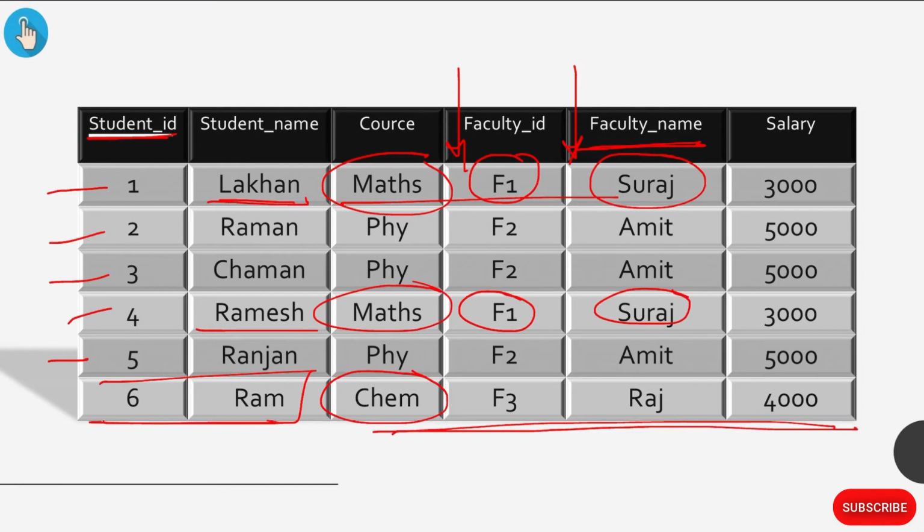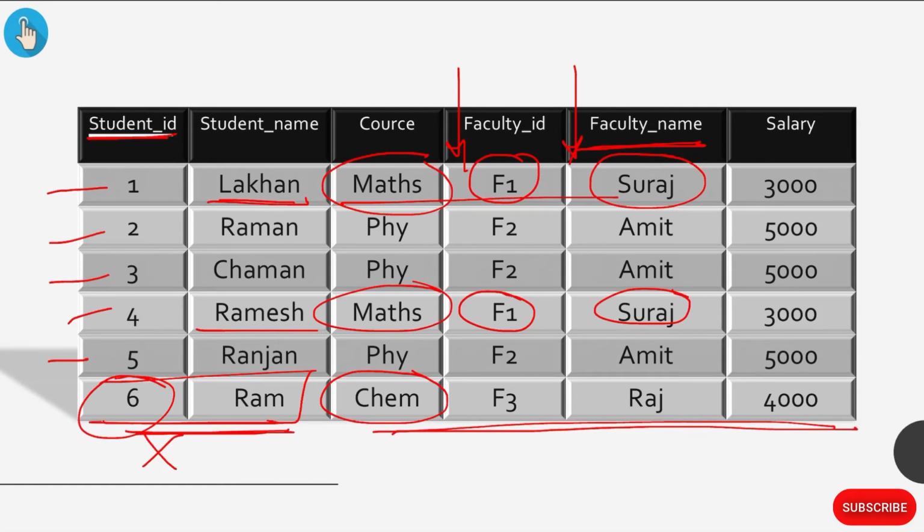So I will write a delete query for the student with student ID 6, and the whole row will be deleted, right? But we just want to delete the student's name and ID, yet the faculty name, faculty ID and its data is also deleted, so we cannot access that data. Normalization can solve this kind of problem.